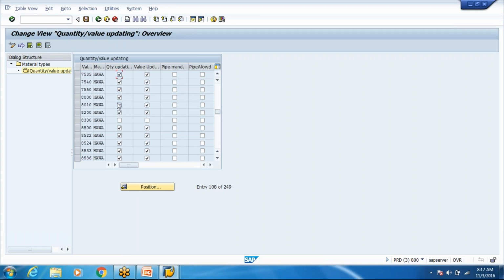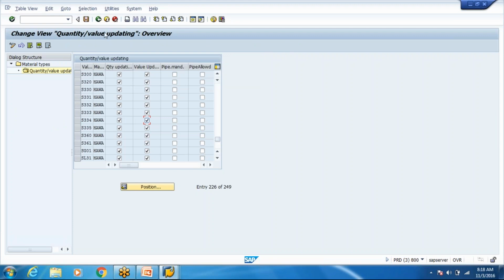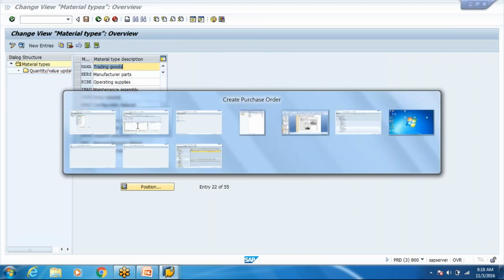See, if you have copied from 8000 or 8200, I think this indicator should have been set. Somehow this indicator is not set. Have you removed it? No, yesterday I checked these settings as well, but for the valuation I didn't know that we need to put 8300. So I had checked for different material types, ROH. But I'm thinking, why has it gone blank for you? Because you've copied from a plant which already had this indicator. Anyways, we'll quickly check now.